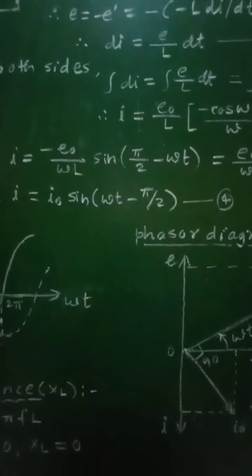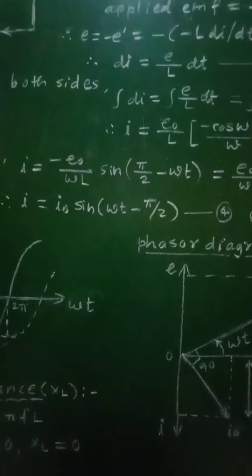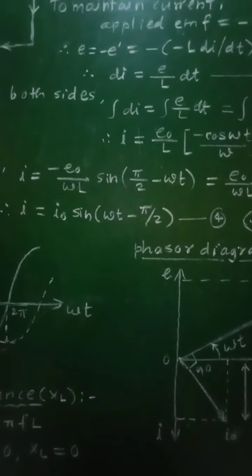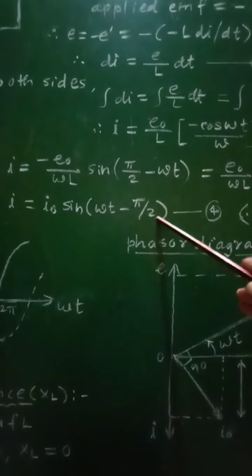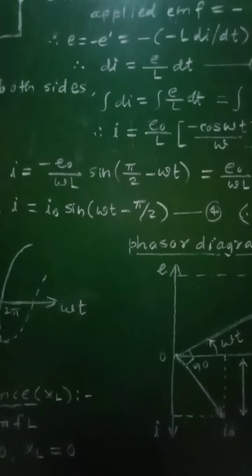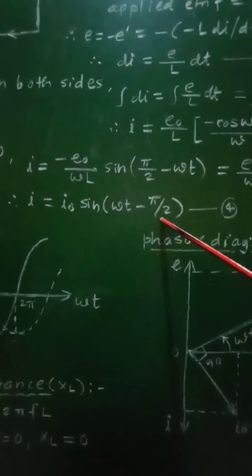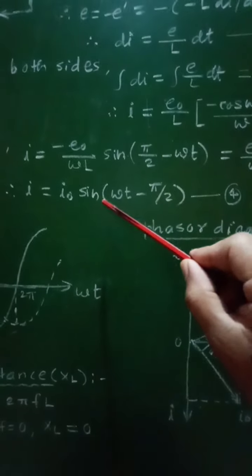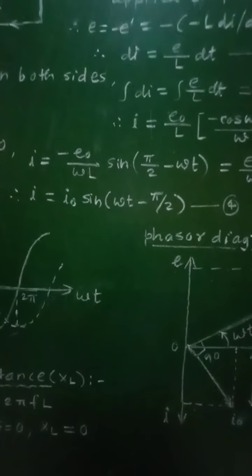Comparing equations 1 and 4, we can conclude that the alternating current I lags behind the alternating EMF E by a phase angle of pi by 2. That is, the EMF and the current are not in the same phase, but there is a phase difference of pi by 2, and this current will lag behind the EMF by a phase angle of pi by 2,